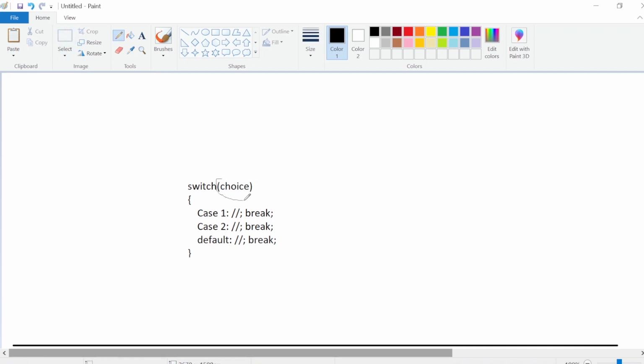Then you write the case, and there you write the value that you want to compare with this condition. Then you write anything you want, and at the last you write the break keyword.